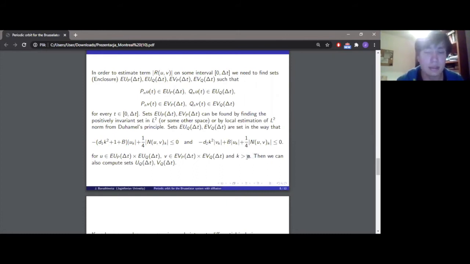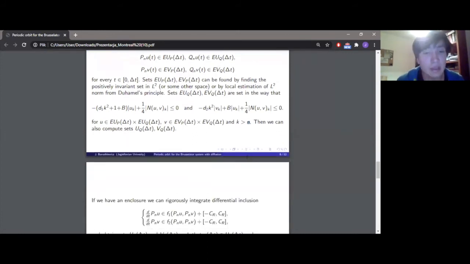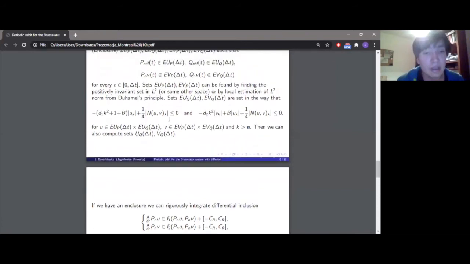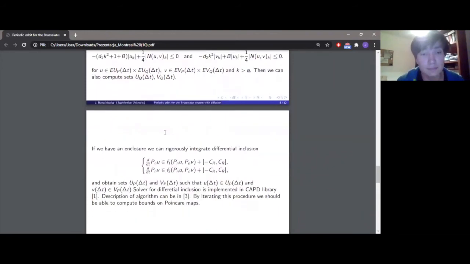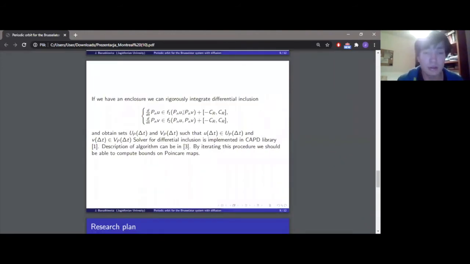So n is the number of modes that we are considering. Okay, and we can also compute these sets in a similar way that describe this infinite tail. Okay, so if we have an enclosure, we can rigorously integrate the differential inclusion